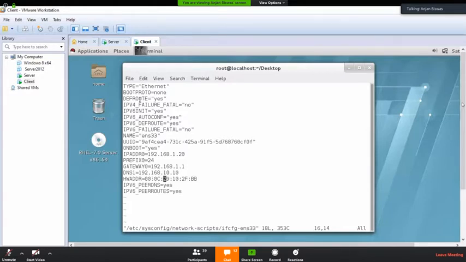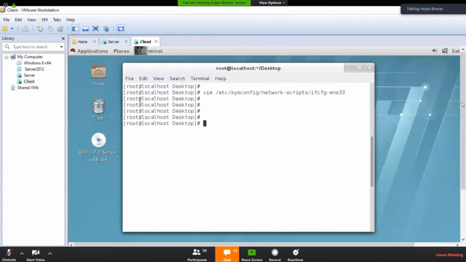So these things need to be understood here. This is actually the LAN card configuration file. If anyone wants to open the file and put the IP address in this particular procedure, they can configure the file.